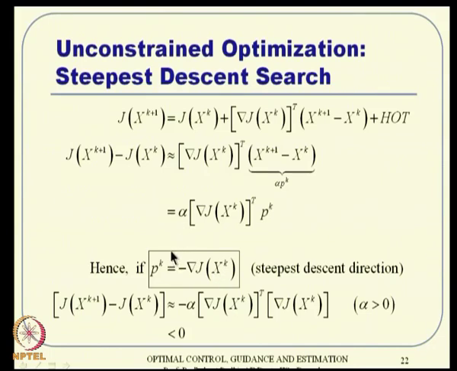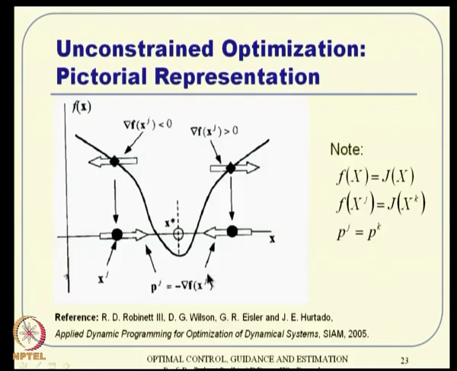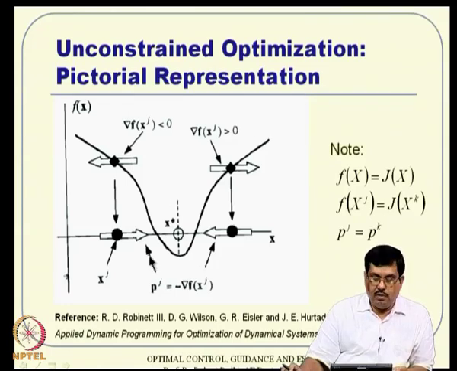Pictorially speaking, if x k is a scalar quantity, suppose it is your guess value somewhere here, then the gradient is negative. You remember this function, if locally it is negative, then you have to move in the opposite direction of that. If it happens to be here, then the gradient, which is the slope, is positive. So, you move in the opposite direction again. If you start here, you move in this direction, you start here, move in that direction, and ultimately you converge somewhere where the gradient is 0.